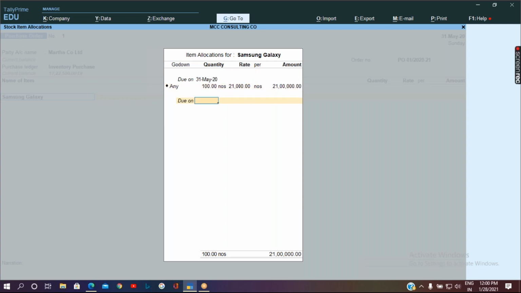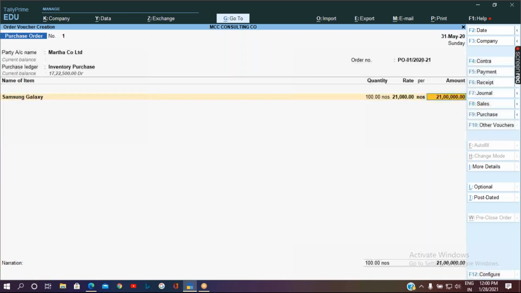So in case you do not have the relevant item, you can create it over there. So here I am taking the same existing item as an example. So I'm going to give it as 100 quantity, where the rate is 21,000 each. So I'll be accepting the screen.